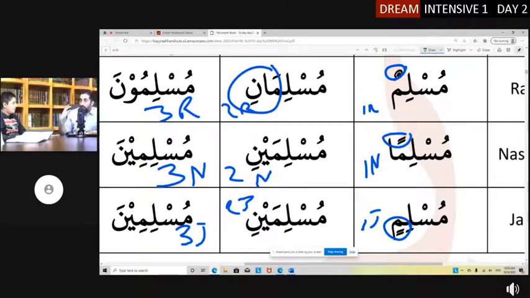So let's make it simpler. If you hear ani in Arabic at the end of a word, you're going to think there's two of them and they're rafa. For short, 2R. 2R means whatever it is, there's two of them and they are rafa. So there's two people doing something. Muslim means Muslim, right? Muslimani means two Muslims that are doing something, two Muslims that are doers, two Muslims that are rafa. If it's two of anything and they are nasab, it'll be aini ending. And if it's two Muslims that are jar, it'll also be the same aini ending, which creates a question.